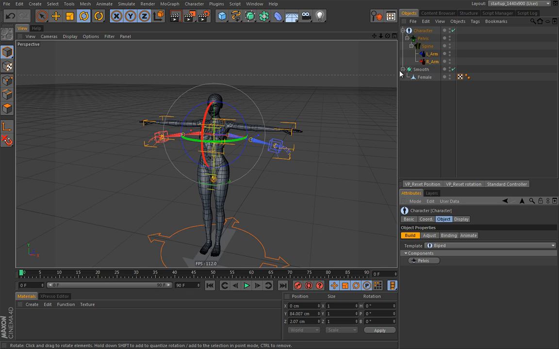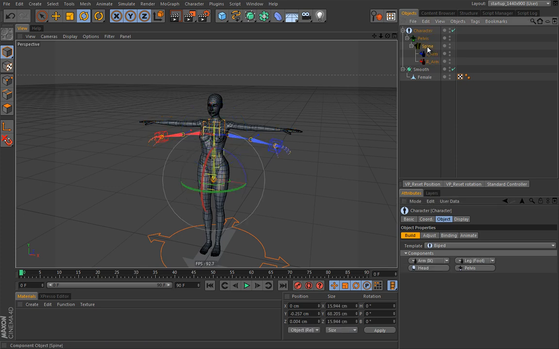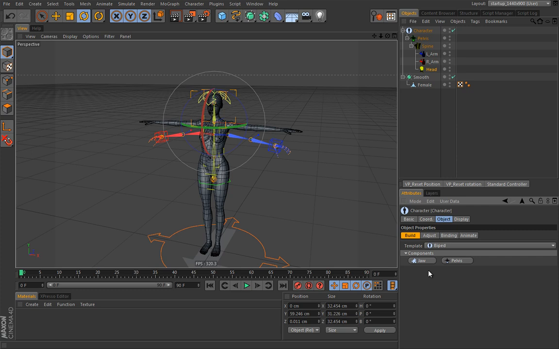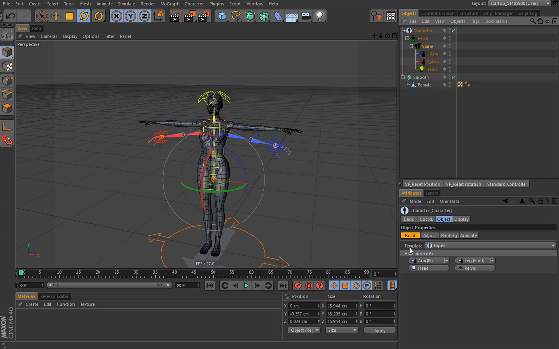And notice here, once I created them, they are both selected in Object Manager, and there is really nothing else that can be made from these arms. So if I want to create something else, I have to go back to a spine to create my head, for example. So let's create a head pre-made part, and once again, you cannot create, let's say, a second head from this head. You have to go back to a spine and create a second head,